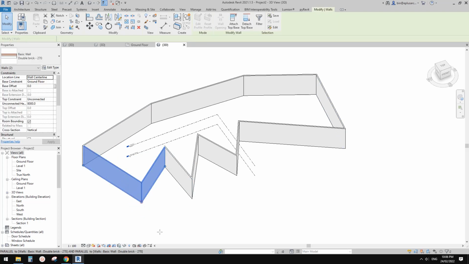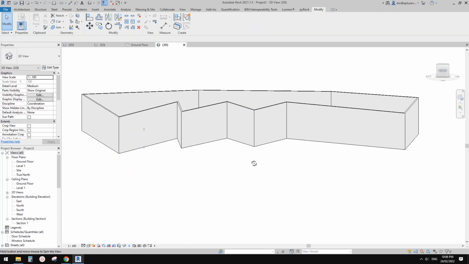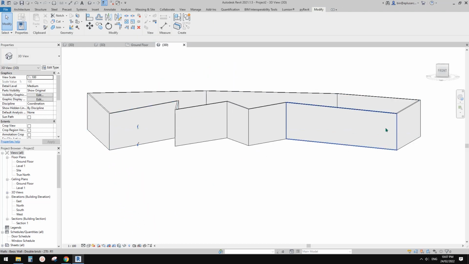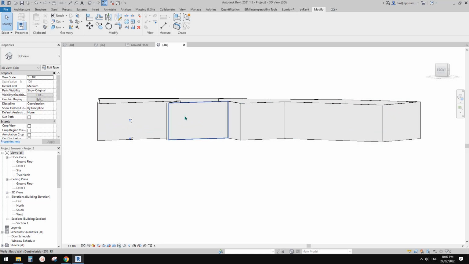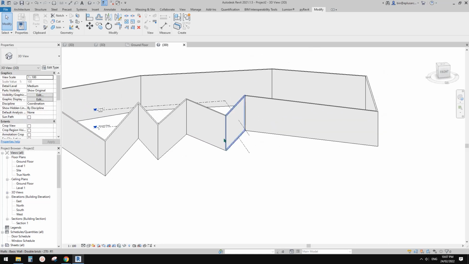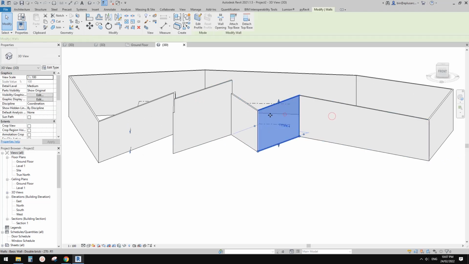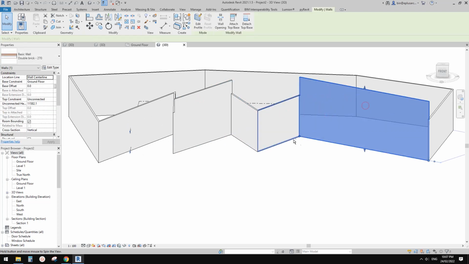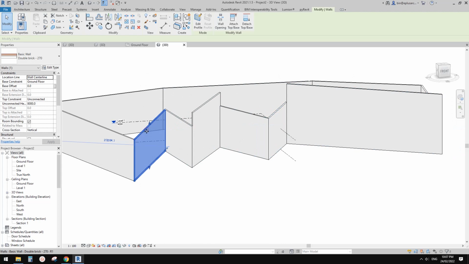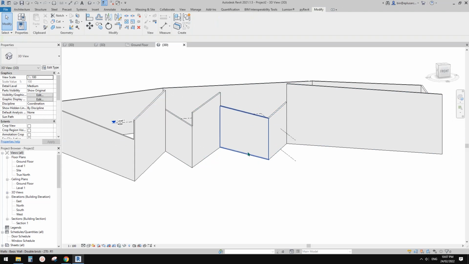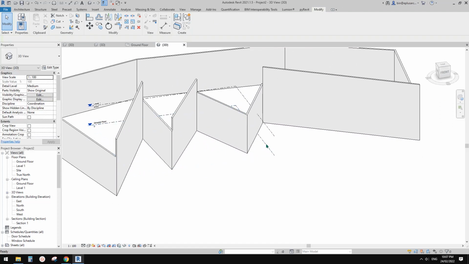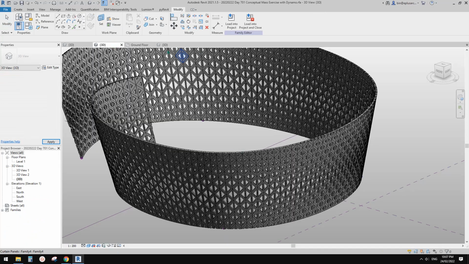I'm going to create a facade in front of this. Pretend this is my building, and also maybe I'll change the wall height as well, so something like this. Okay, so to use this, first we need